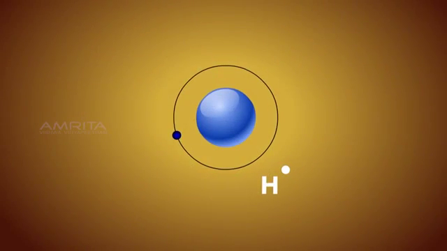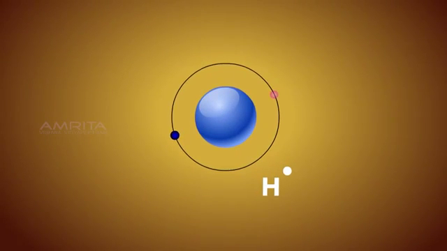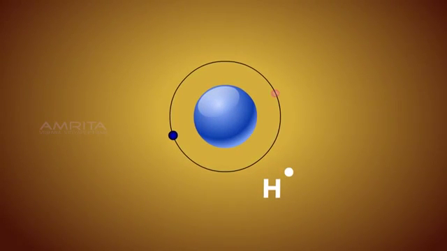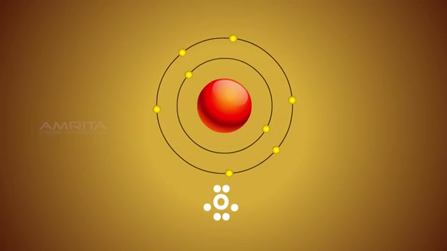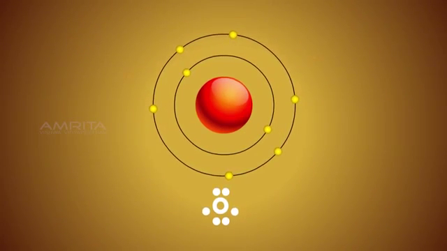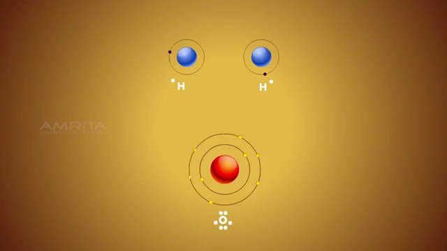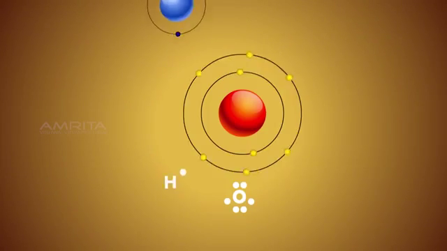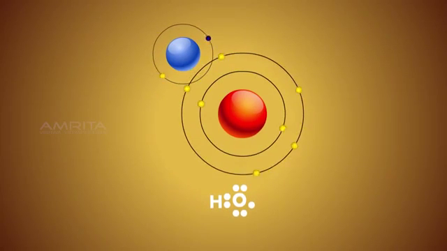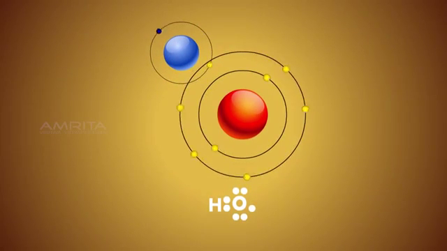The hydrogen atom with 1 valence electron needs an additional electron to complete its first energy level, and the oxygen atom with 6 valence electrons needs 2 additional electrons to complete its second energy level. As 1 hydrogen atom and 1 oxygen atom collide, a covalent bond is formed by the sharing of electrons between